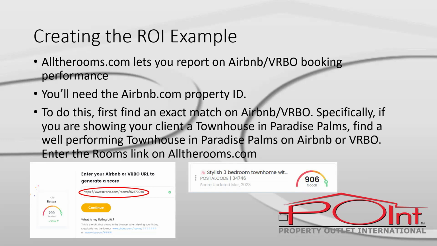So what we do is we go to AllTheRooms. You can use a different reporting site, but we found that AllTheRooms has been really easy to use. You'll need the Airbnb or VRBO property ID, and you'll need to find an exact match. So if you're showing a townhouse in Paradise Palms, that's 4-bedroom, 3-bathroom, you have to go on Airbnb, zoom in on the map, find the exact